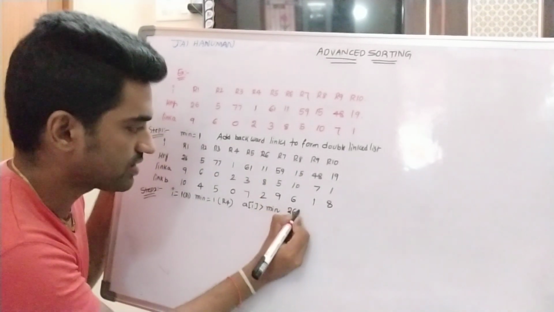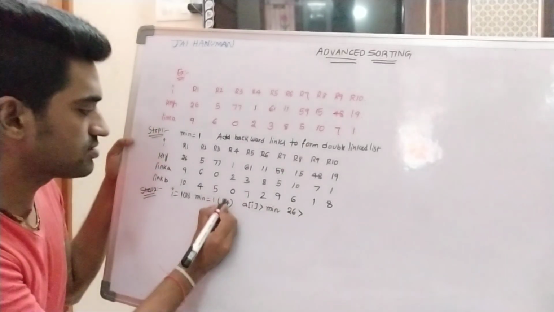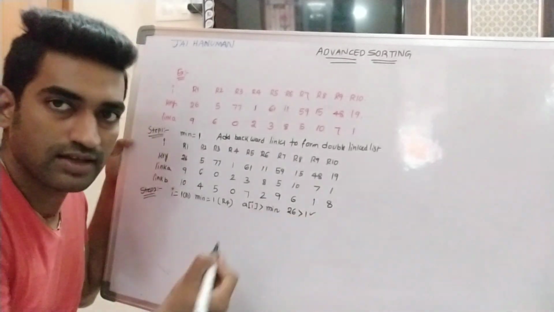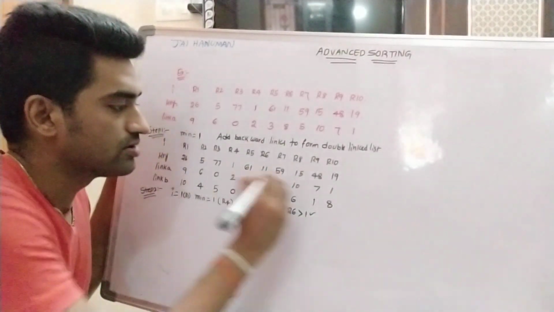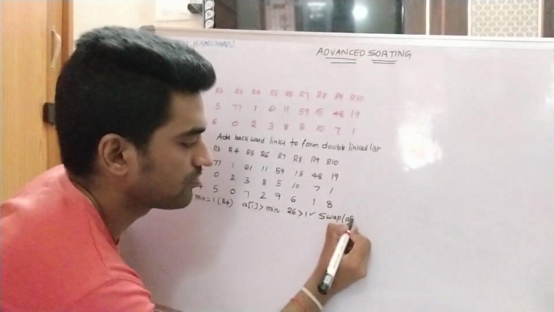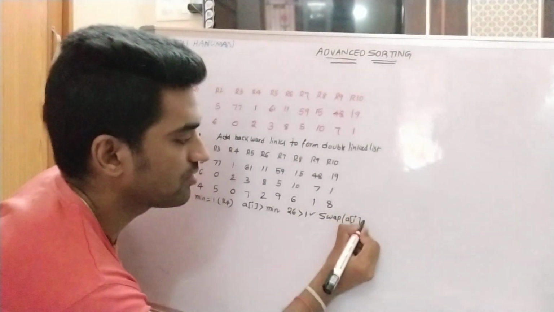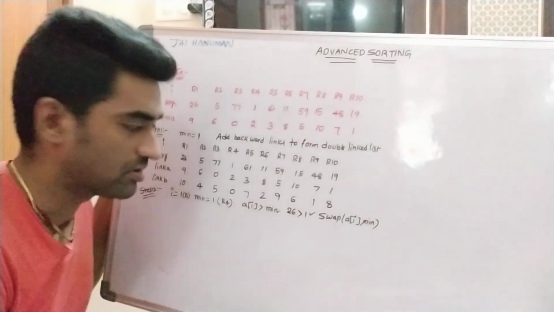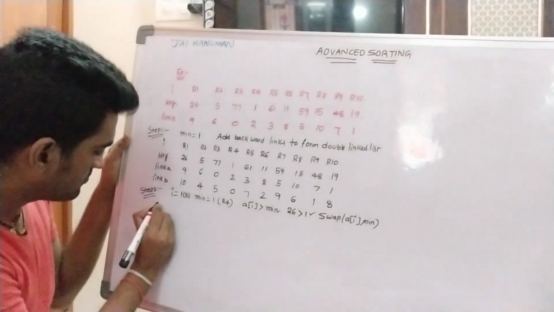26 is greater than the minimum, 1. So 26 greater than 1, so the condition is true. Swap A of I comma minimum. Now the list becomes I,